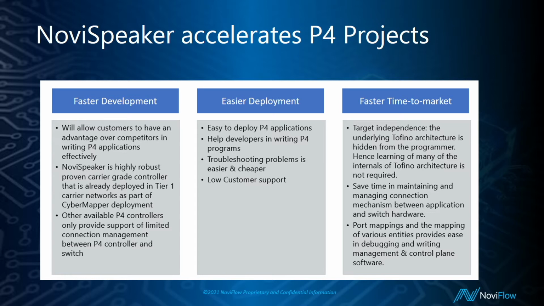So we know that the networks of carriers, data centers, and enterprise are always very complex, and to control these hundreds of different devices in the network, one needs to have a robust control plane software. And to get the robustness and efficiency of this control plane software, this software becomes equally complex, right? And hence, there's always a need of some sort of centralized control plane platform to manage the forwarding plane systems